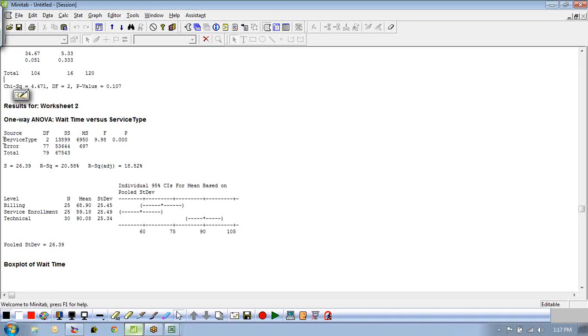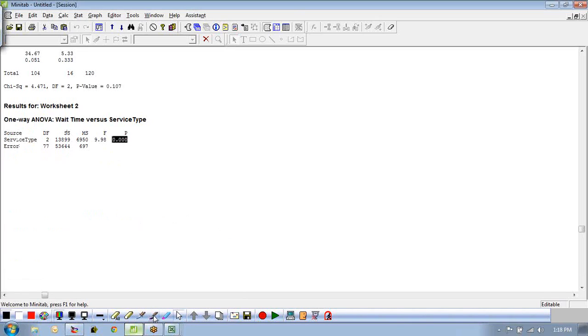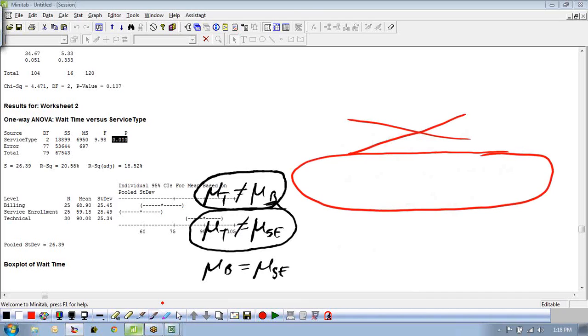You'll see that for service type, it gives this table. Remember I said something about the table? Yes, this is called the analysis of variance table, and we'll see this later when we talk about regression. The important thing to pull from this table right now is this p-value, and that says that service type is a significant factor in determining wait time. There it is. The p-value is certainly smaller than 0.01,